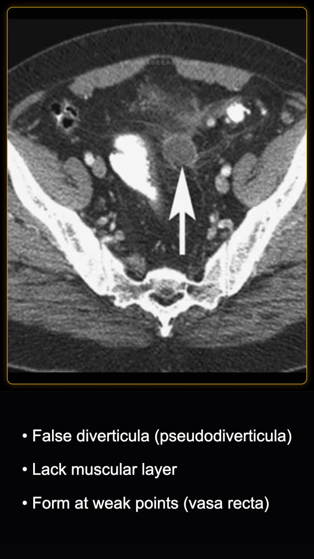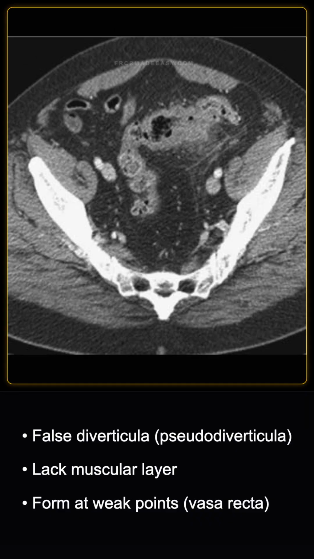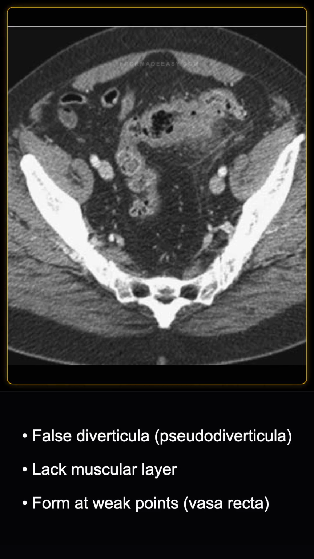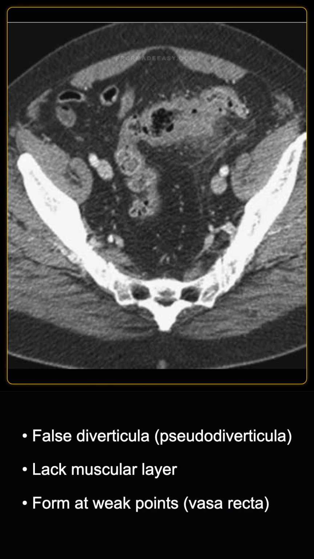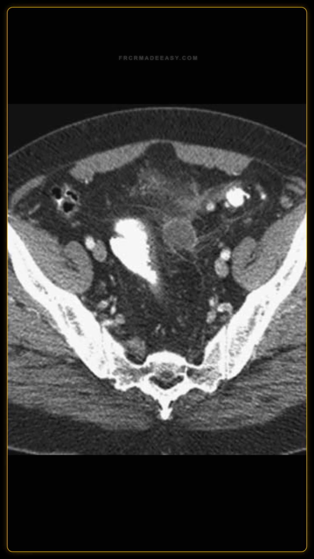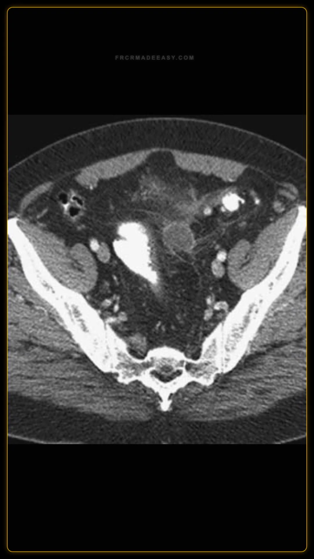No, they are false or pseudo-diverticula because they lack a muscular layer. They preferentially form at points of relative anatomical weakness, where the vasa recta penetrate the circular muscle layer to supply the mucosa. Beyond abscess formation, what are 3 other severe local complications of diverticulitis you must actively search for on